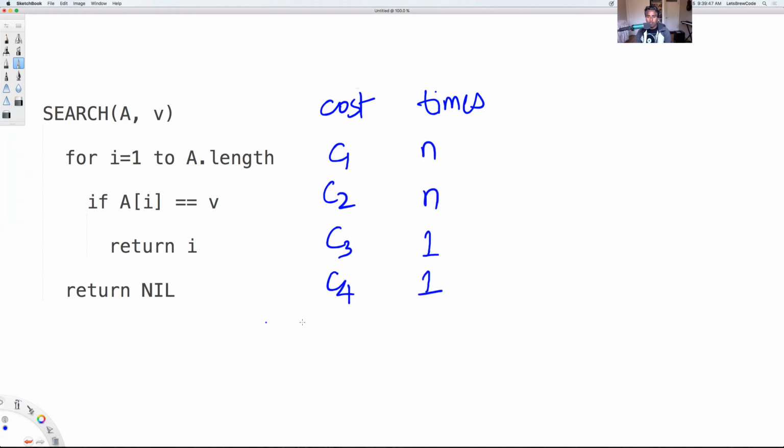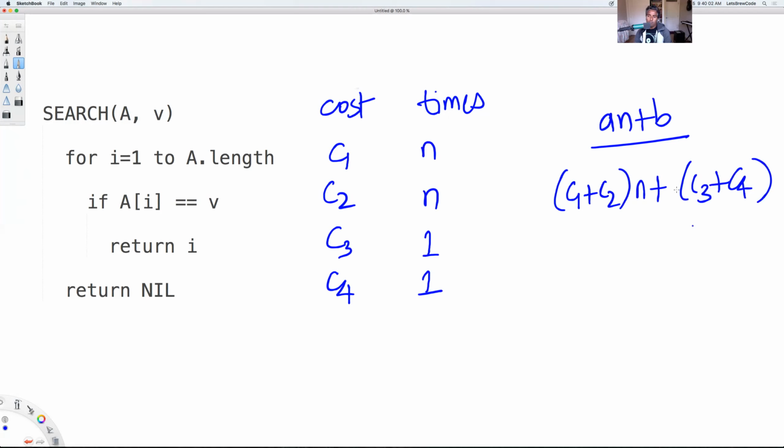Then essentially you can write your algorithm as an plus b, which is something like this: C1 plus C2 of n plus C3 plus C4. Suppose I'm writing this algorithm and I've given it to you now. So now people are thinking, okay, this is a linear time algorithm, but let's analyze the complexity in different types